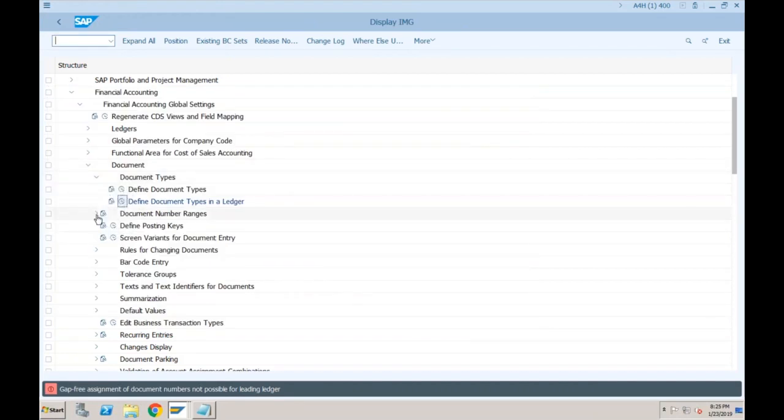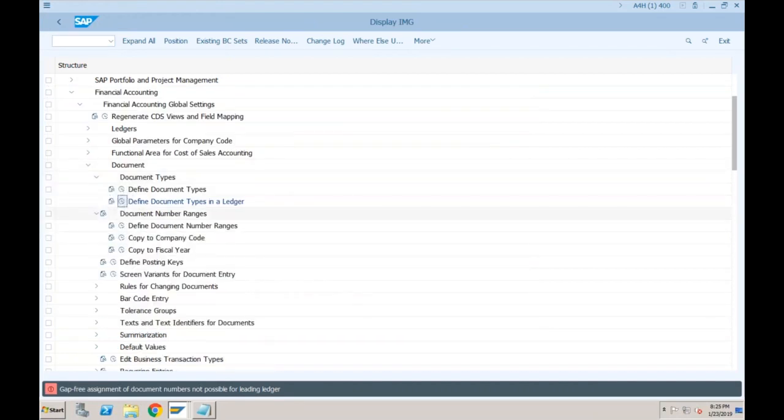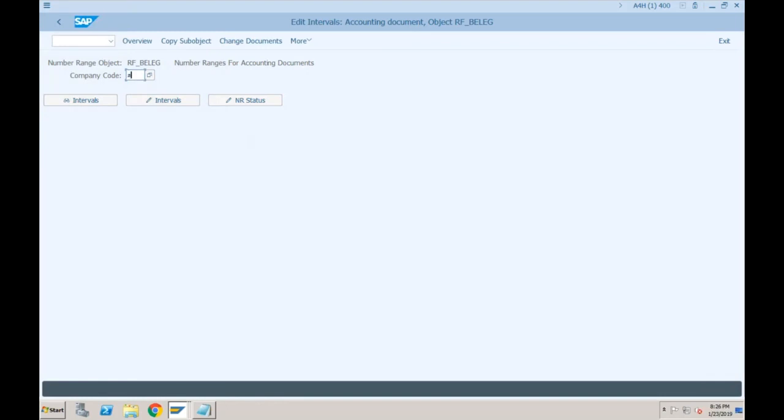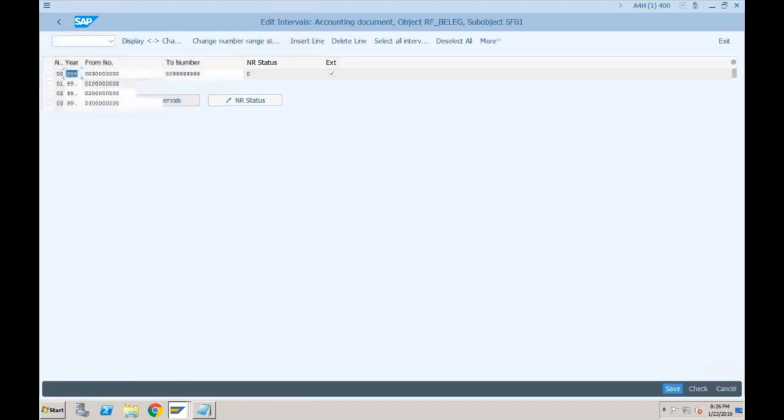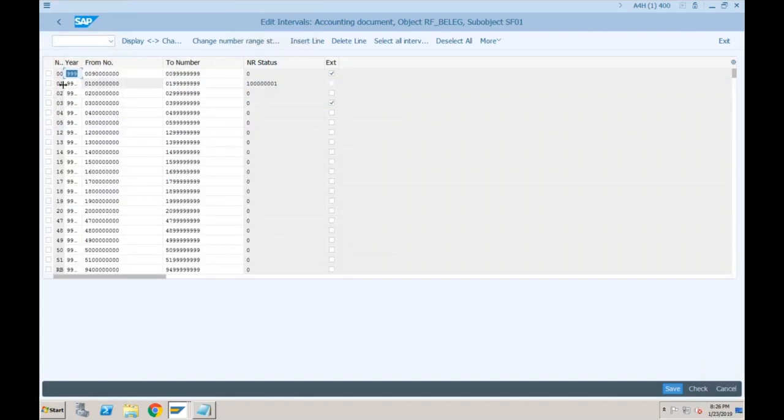So define the document number ranges. Your company code is SF01. Click on intervals. Okay, although this 01 is available, but it is not picking. I'll tell you the reason. So let me just click on new